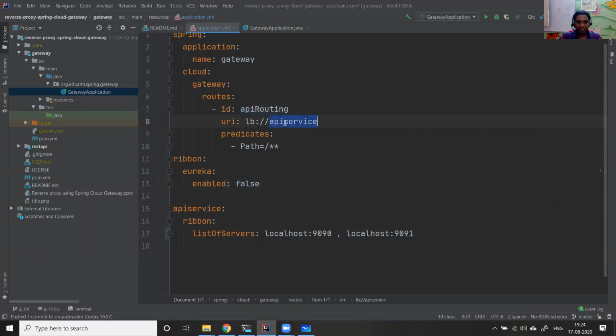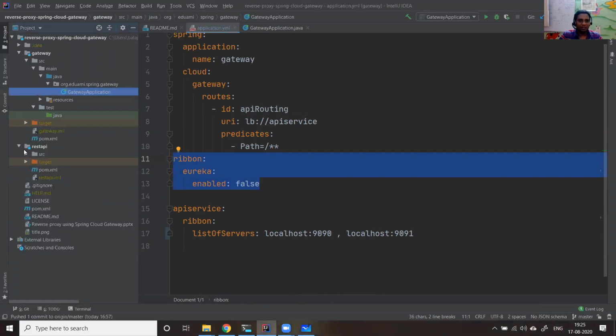So for the API service, I want Ribbon in a round robin fashion, serving between both the hosts, 9090 and 9091. Any requests that come in match this LB URL definition. And I said the Eureka service registry will go there. That was my third session, which will explain the service registry.